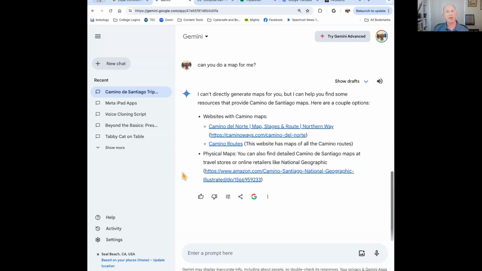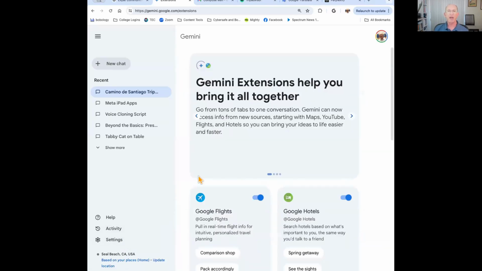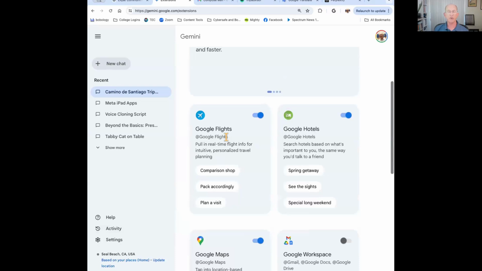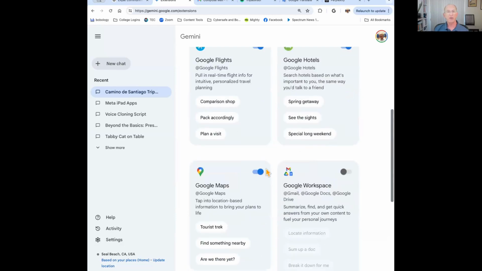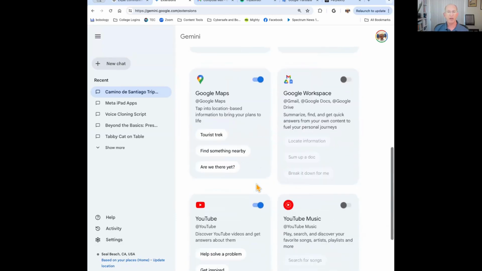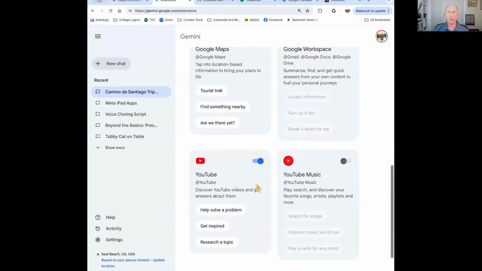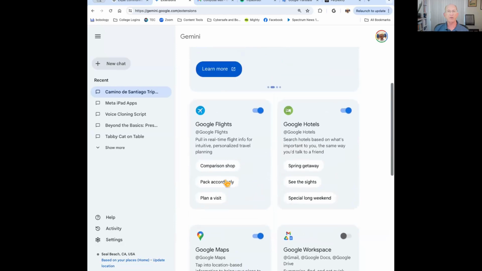One of the things that Google has in the settings of Gemini is something called extensions. With extensions, you can turn on Google Flights, Google Hotels, Google Maps, YouTube Music, and there you can do searches.